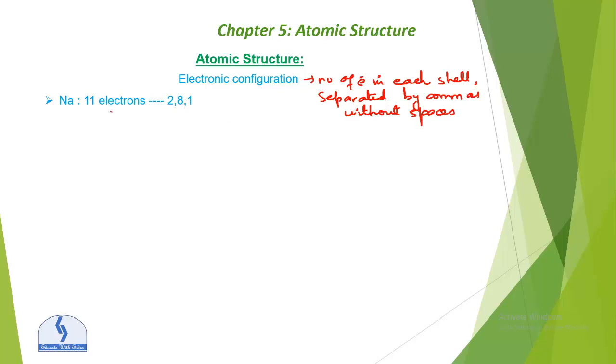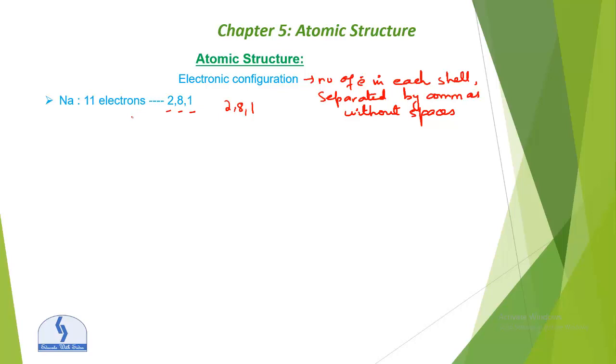So what will be the electronic configuration? Electronic configuration is based on electrons. Remember this, okay? Not the protons and neutrons. Sodium has 11 electrons. So for the first shell, it's 2. For the second shell it's 8. And for the third shell it's 18. Right? This is the maximum number of electrons of a shell. So 2, 8, not 18, because 8 plus 2 is 10, and one more electron, that will be 1, that is the last shell. Okay, so 2, 8, 1. This is the electronic configuration of this.